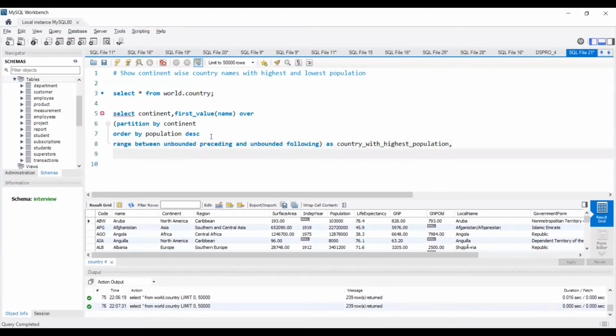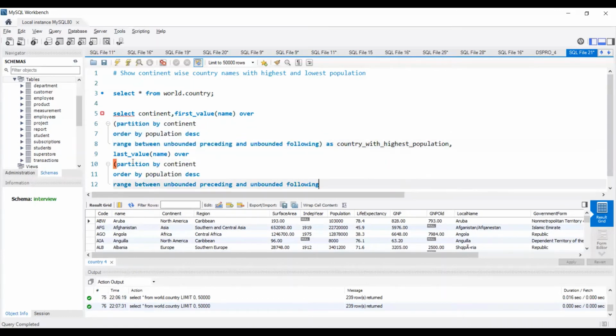Similarly, to show the country name with the lowest population, I will use last_value. So last_value, and everything else will be the same. Again, it will be on the name column because I need to show the country name. Over, I'll just copy this particular thing because everything will be the same.